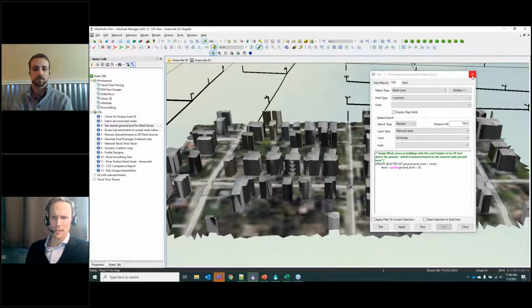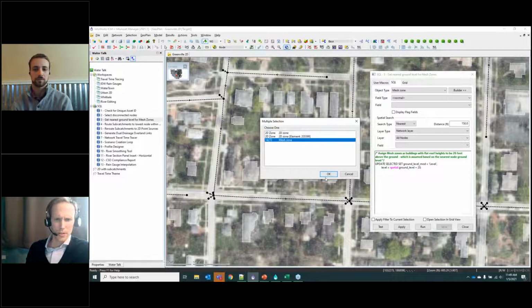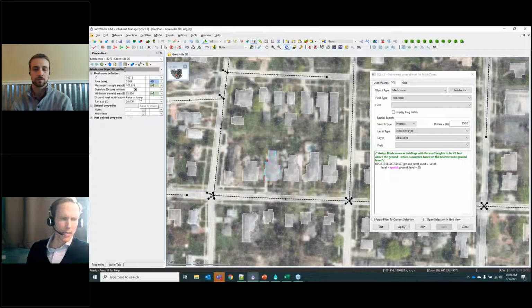And that is currently being achieved in this model just by simply raising the elevation on mesh zones by 20 feet. And so that's going to take the existing ground elevation and raise it 20. Let's say I instead want flat buildings. So here's an example where instead of using raise 20 feet, I want to set it equal to be level, but then I need a ground elevation. So I need to know the elevation